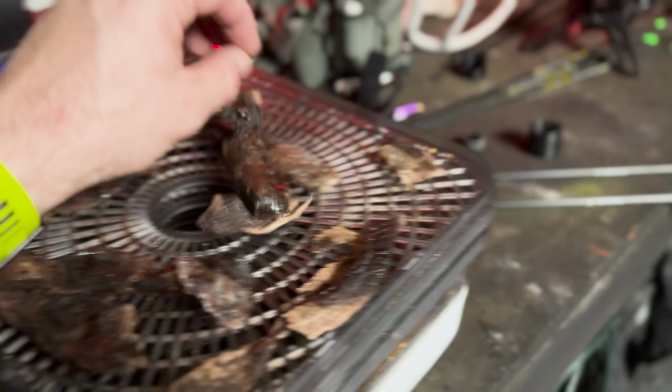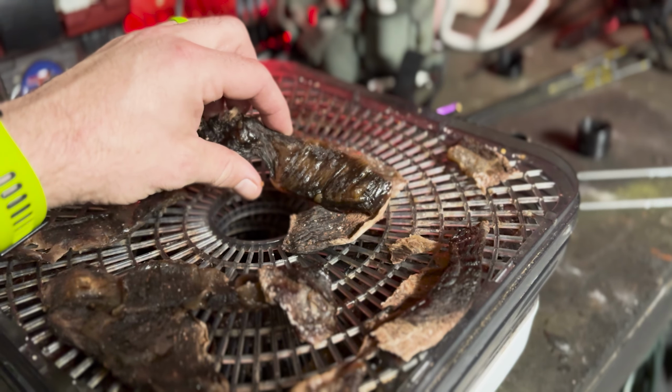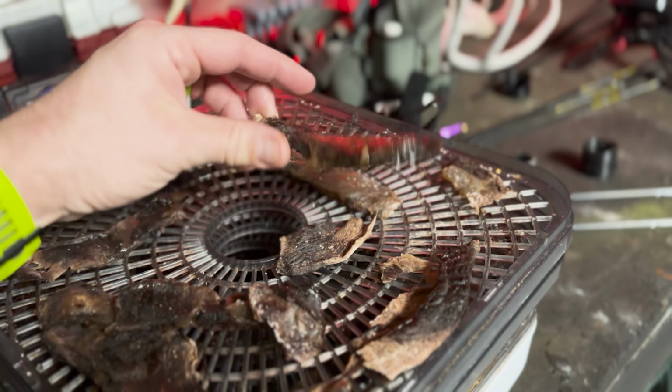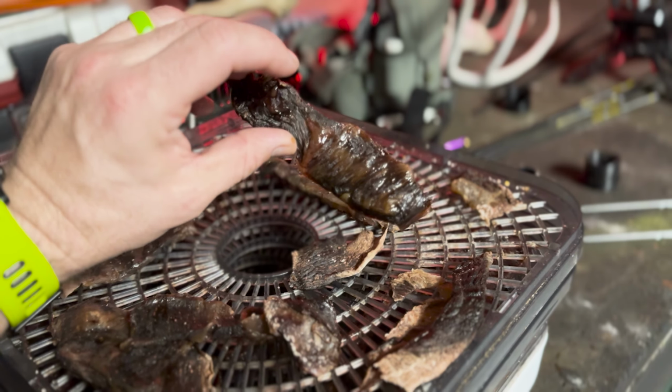The nice fatty pieces, make sure you eat within a few days, or else that fat will start turning rancid and it'll taste bad. Okay, but within a few days, it's really good, and it tastes really good. The fat is nice and sweet and rendered. It's good stuff. So after several days of dehydrating, I think it took about 3 days for everything to fully